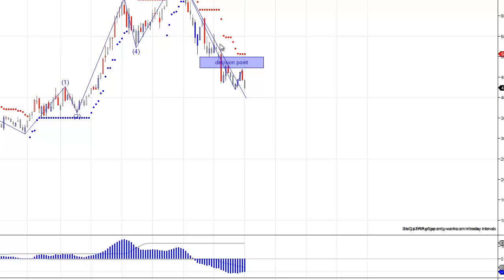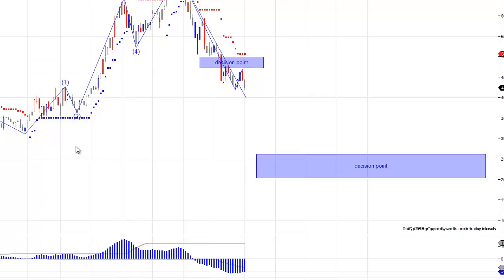So we want to see if this area holds as support, then the trend, which was up prior, should continue up. But when they start taking this level out to the downside, the danger is then that they're going to wipe this whole 5-wave pattern up. They're going to wipe it out. So we go to the top of wave 1, go to the bottom of wave 1, take our decision point tool here. All right, and this gives us the next major level of support, which is a ways down here